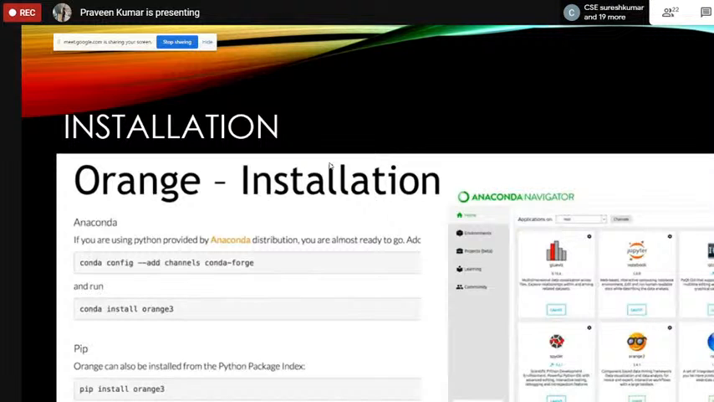Let's say if anyone wants to work with me hands-on, you can start installing in your machine in parallel. To install Orange, it's a very, very simple task. If your system already has Python installed, then we can straight away go with the pip install command to install